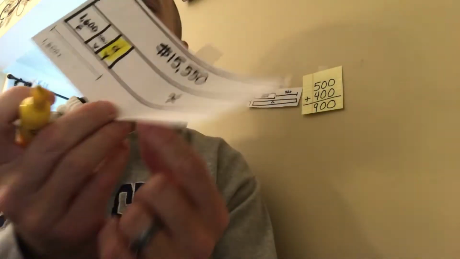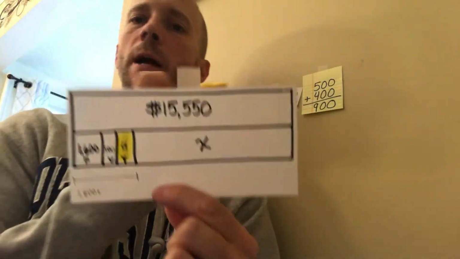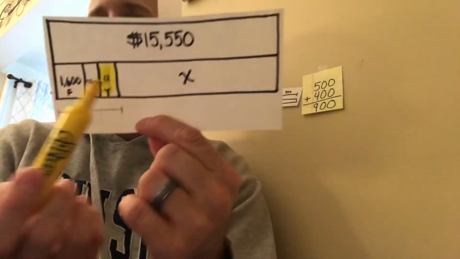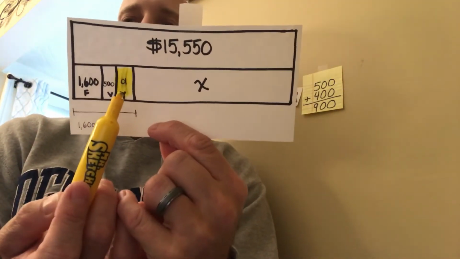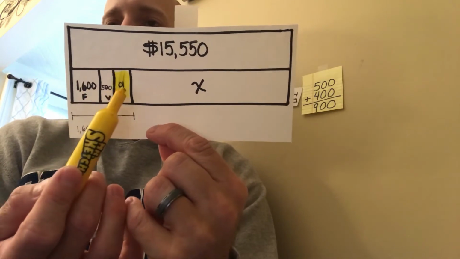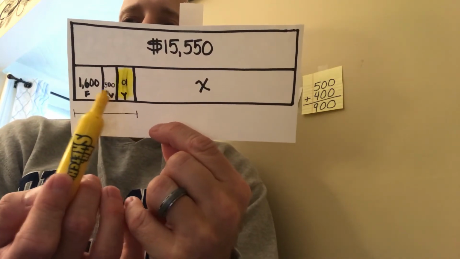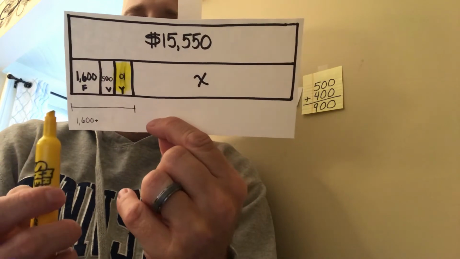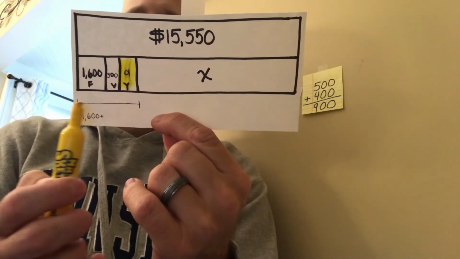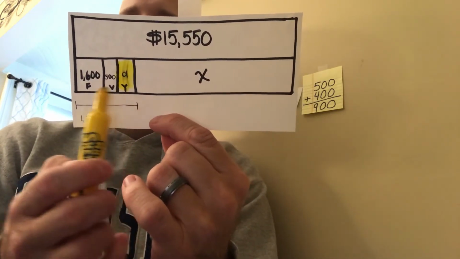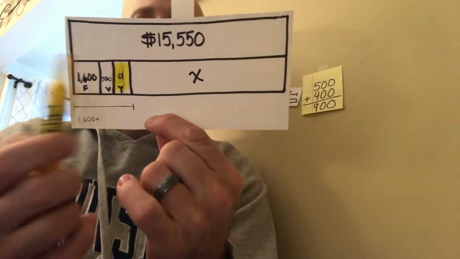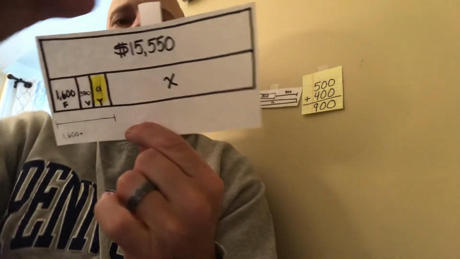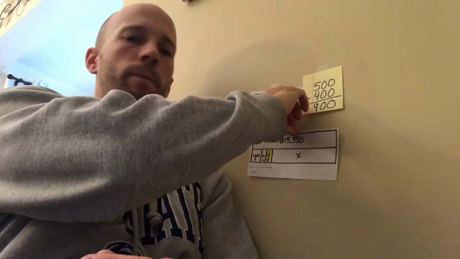Now, good news. I'll highlight this in yellow. You have already solved for this little piece. This tape diagram behind me, see that good looking thing right there? We already solved for that. So we know that you have 900, Mr. V has 500, and we know that your friend has 1,600. That means we're going to add all those together, and that will equal how much the 3 of us have. Okay, so I'm going to put my tape back over there. This is the second part of this.